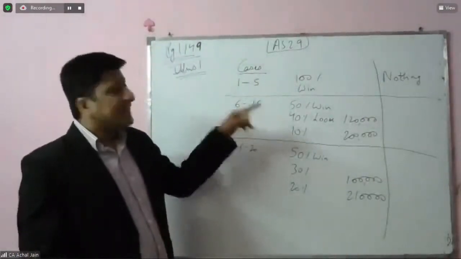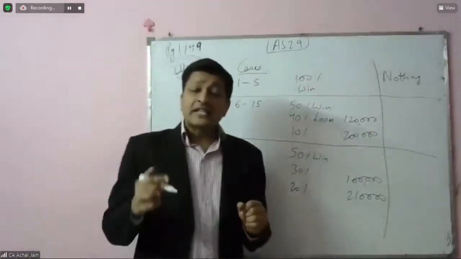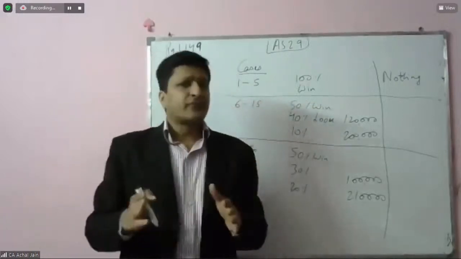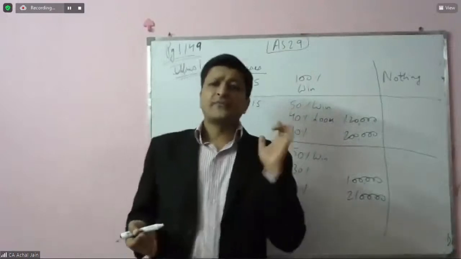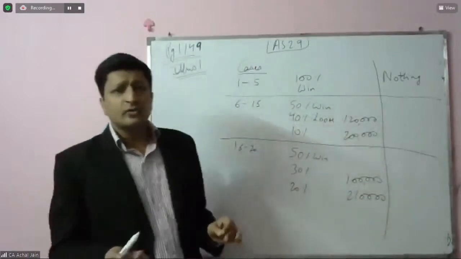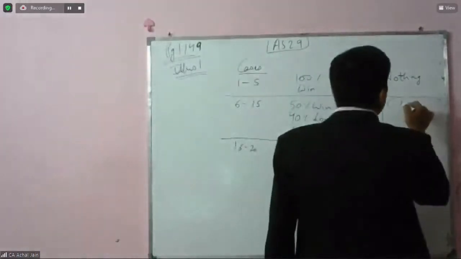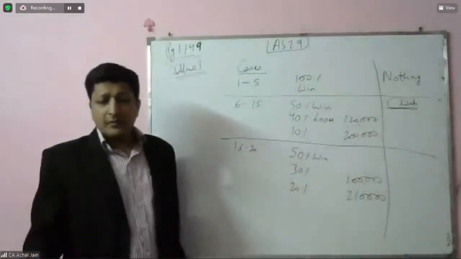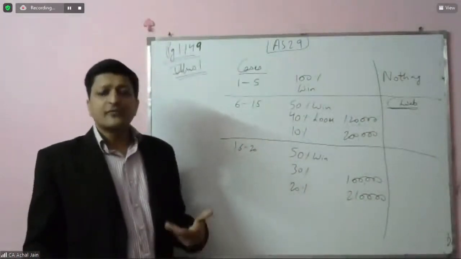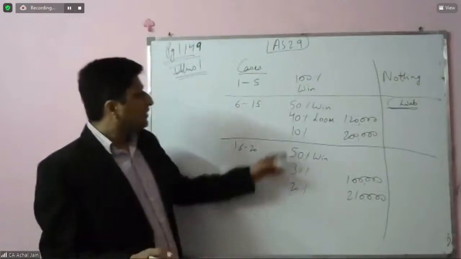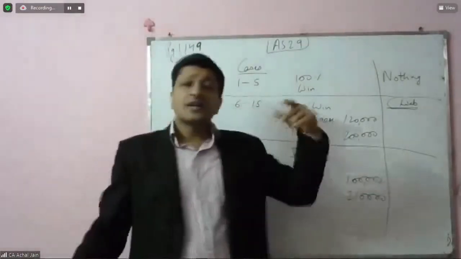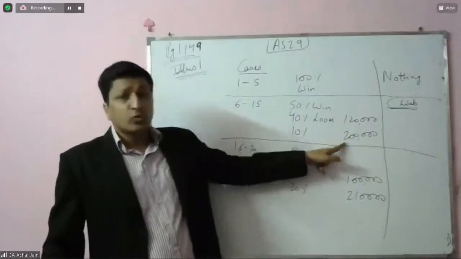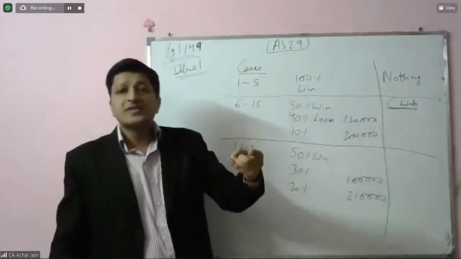Fine. Okay. As around these 10 cases, chances of winning the case are 50%, chances of losing the case are 50%. So what is the situation? 50-50. In case of a 50-50 situation, what do we do? Disclose a contingent liability. So that means the outcome is clear, it's a contingent liability, but the problem is computation of the amount. So how do we compute this? 40% chances are that the company may have to pay 1,20,000 and 10% chances are payment of 2 lakh and 50% chances are payment of ₹0.